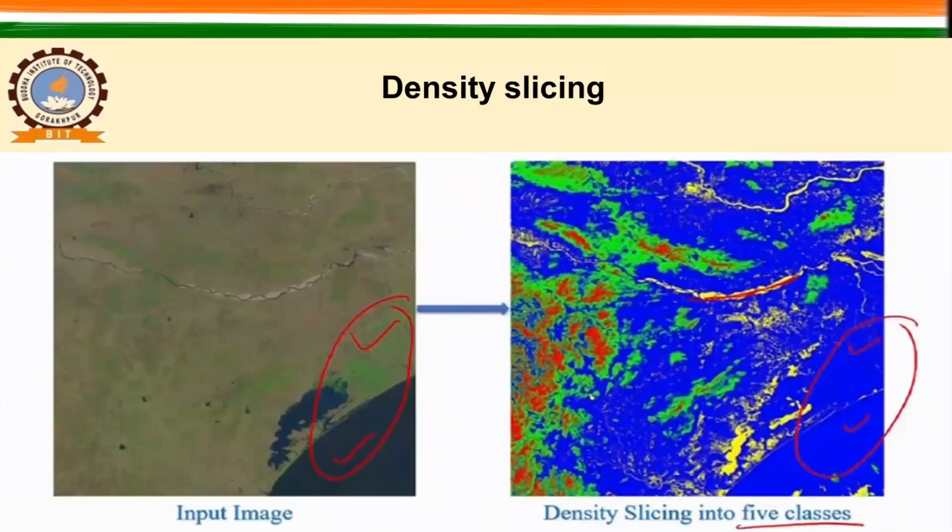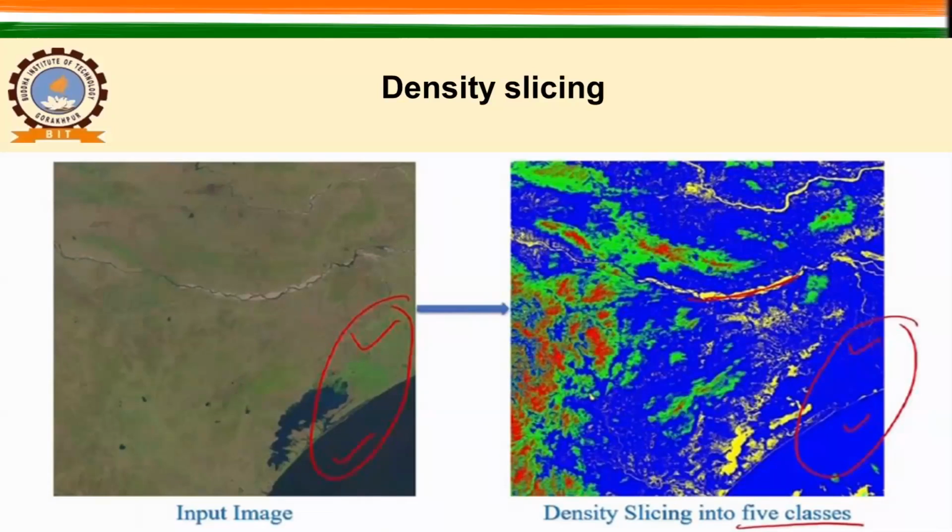Let us go to another example. This is another example where you have raw data, and this is the density sliced into 5 classes. You can see that this particular area and this particular area are getting mixed here. Just compare this one, right? But it is highlighting this particular river channel with flood plains.